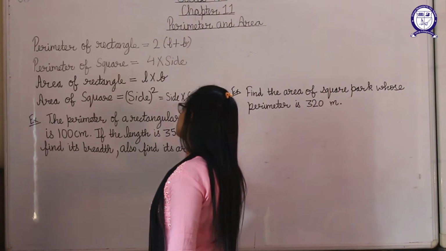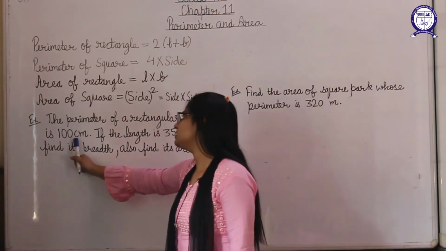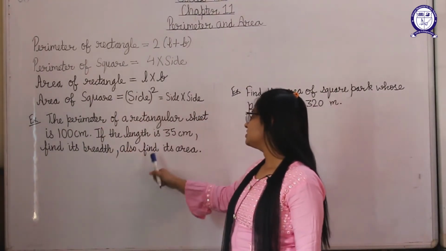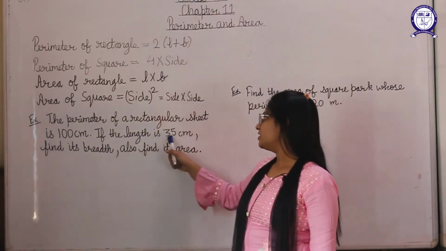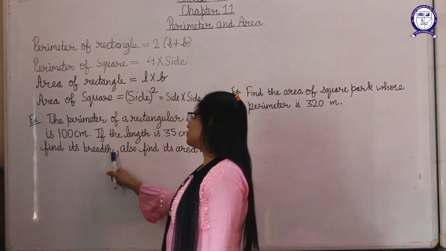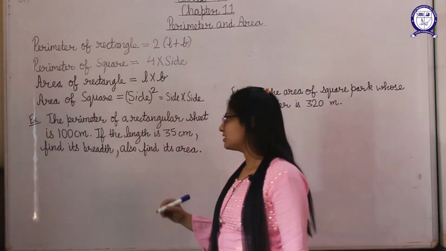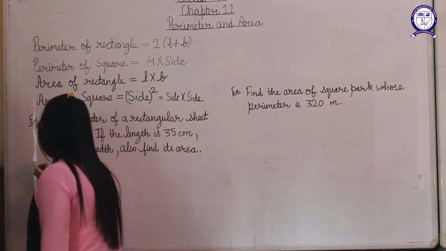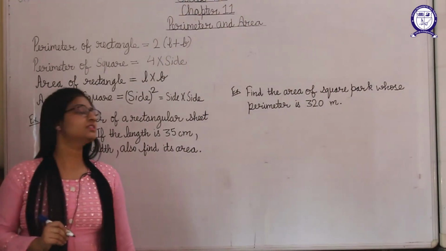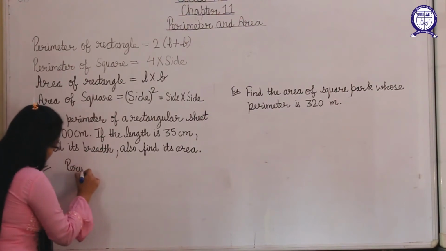Now the first question given to us is the perimeter of a rectangular sheet is 100 centimeter. What is given? Perimeter of the rectangular sheet is given. If the length is 35 centimeter, find its breadth. Students, can we find the breadth if the perimeter and length is given? Yes. How? We will write here the solution of this question, first of all we will write that perimeter of rectangular sheet